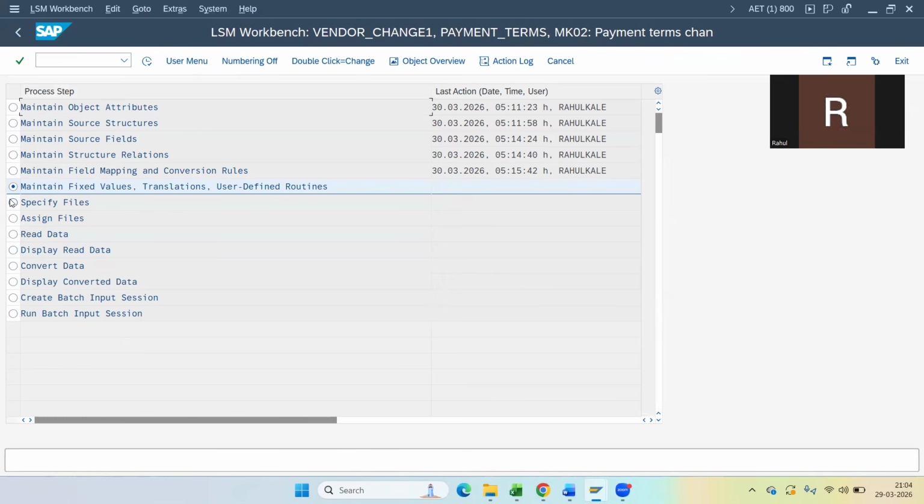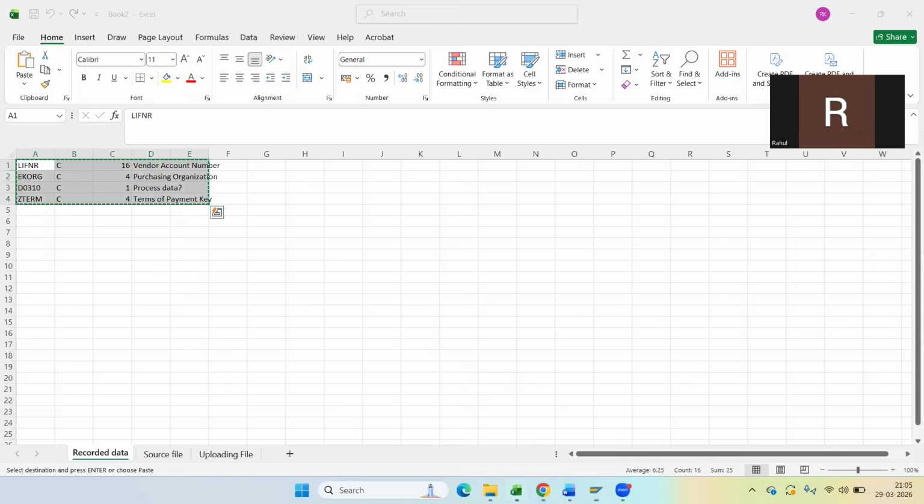Now we will move manually to the next stage, specify file. So I need to create a file. This step is not important. I'm going to create a file and upload this file. So I'm going to create the upload file. So first,